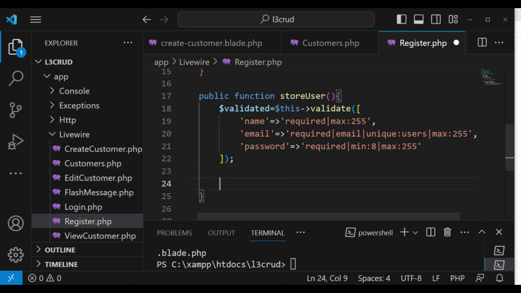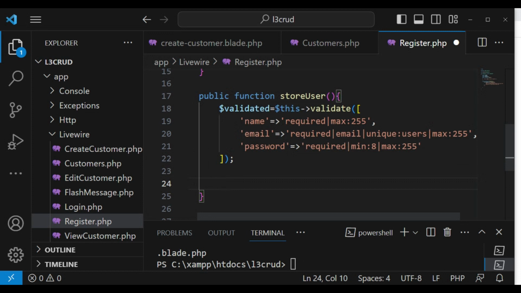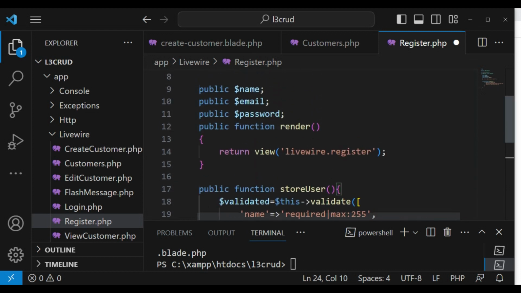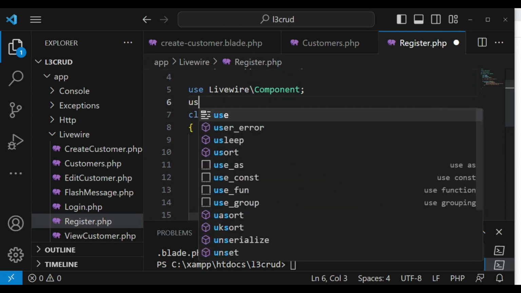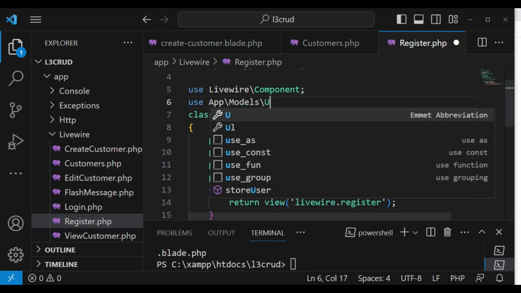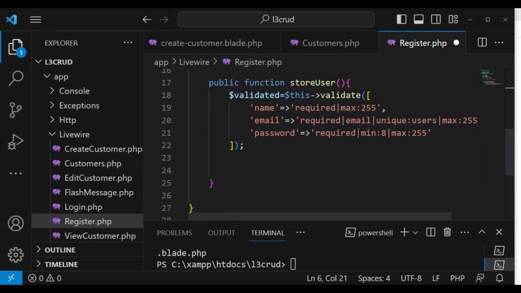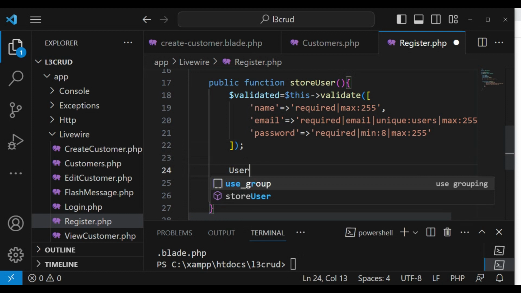After we have validated our user, the next thing that you're supposed to do is to be able to save this user. So I'm going to just say user, and before we do that, let us import the user model here. So I'm going to write use App\Models\User, like that. And basically I'm just doing it the normal Laravel way, with of course a little bit minor modifications. So we are going to just have User::create,